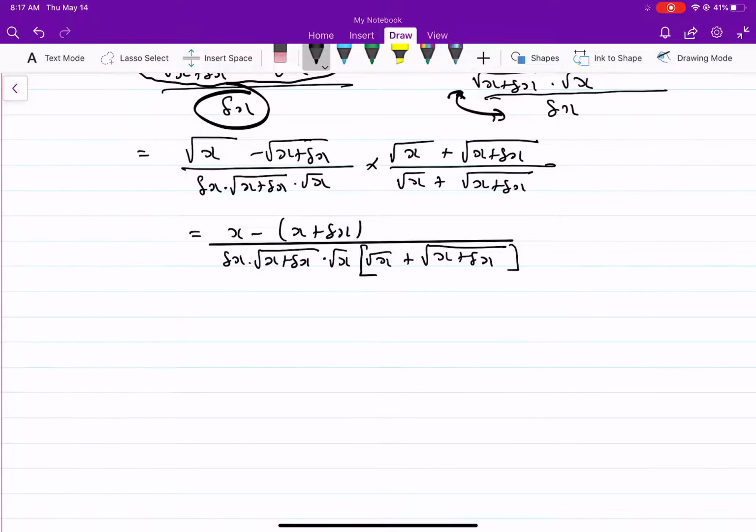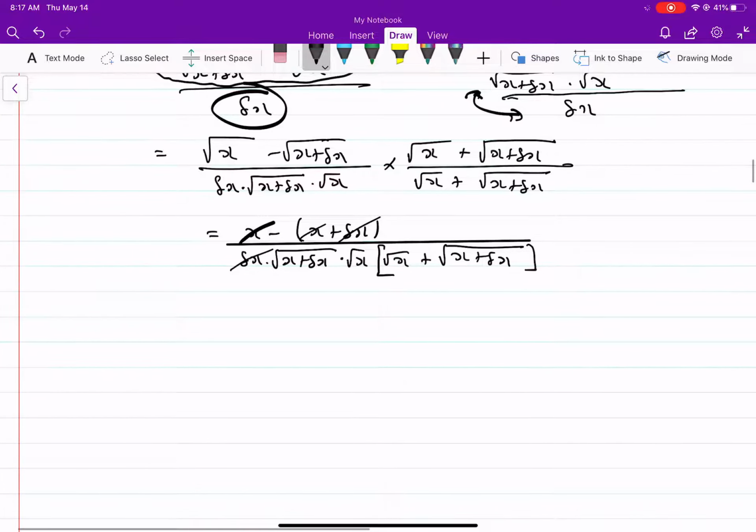If I push that minus sign inside my numerator, I'm going to let you figure this out for yourself. I'm not writing an extra step. X minus x will cancel out. What's left on top? Minus delta x. Well, the delta x will cancel out with that delta x, because remember, everything on the bottom is multiplication, times this bracket at the end here, which is multiplication as well. So what's left in my numerator is minus 1, and what's left in my denominator